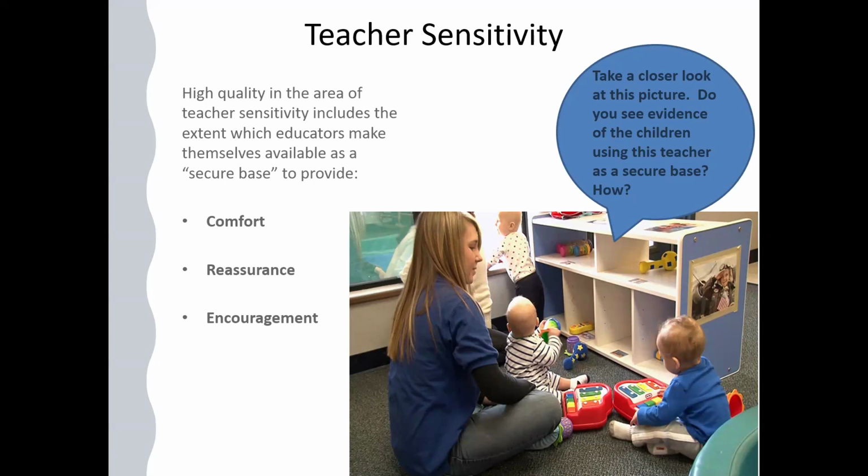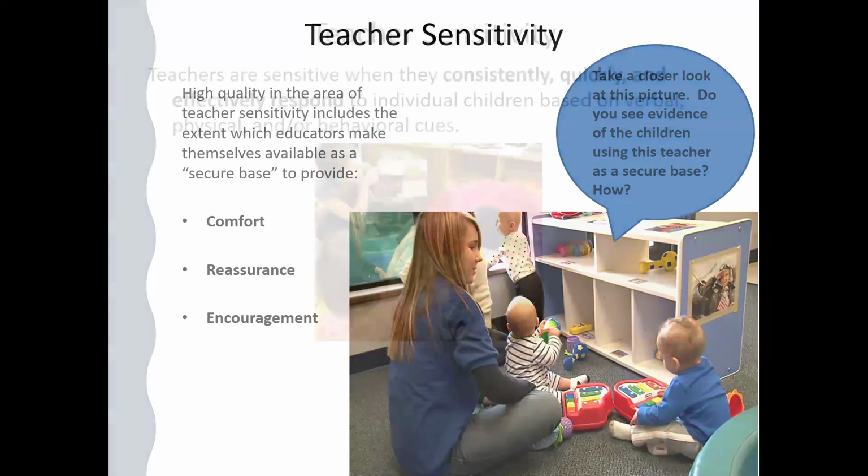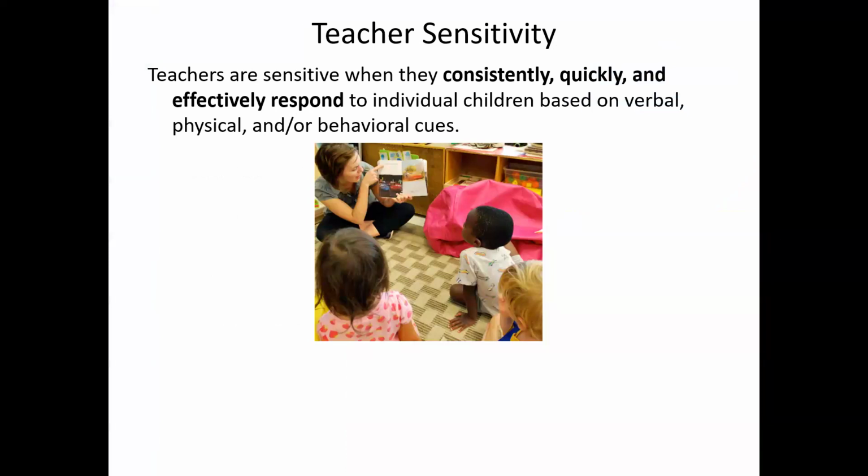And then think about it. Do you think that these children see this caregiver as a secure base based on the picture? I think it's a little tough. It does seem like the baby here is very close to the adult, looking at other children. So it's likely this is a secure base. Unsure, but I think she is providing touch, but comfort, sensitive touch to the child to make them feel like they are cared for.